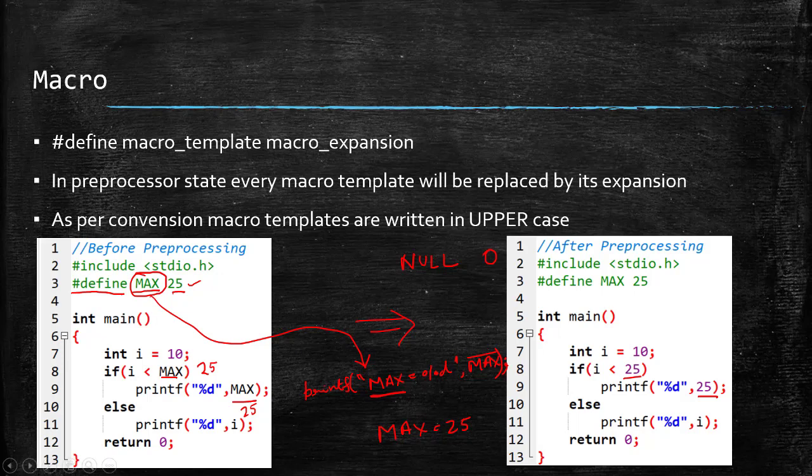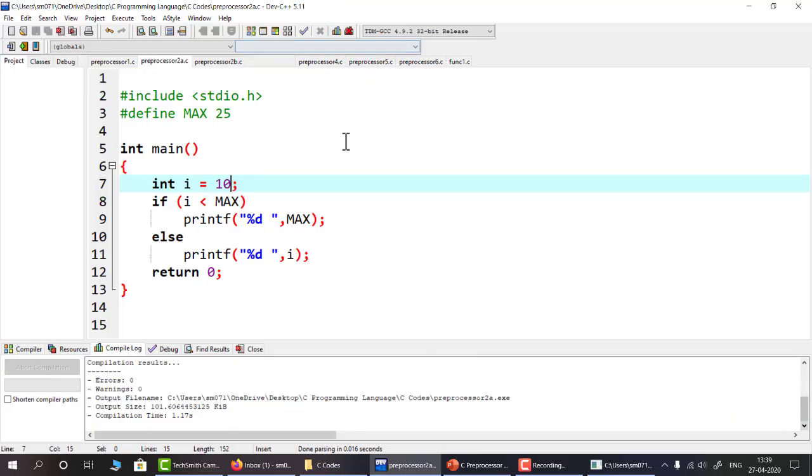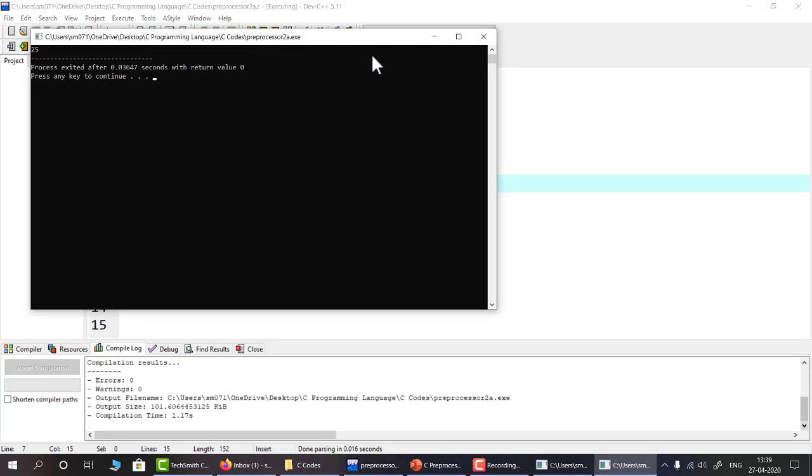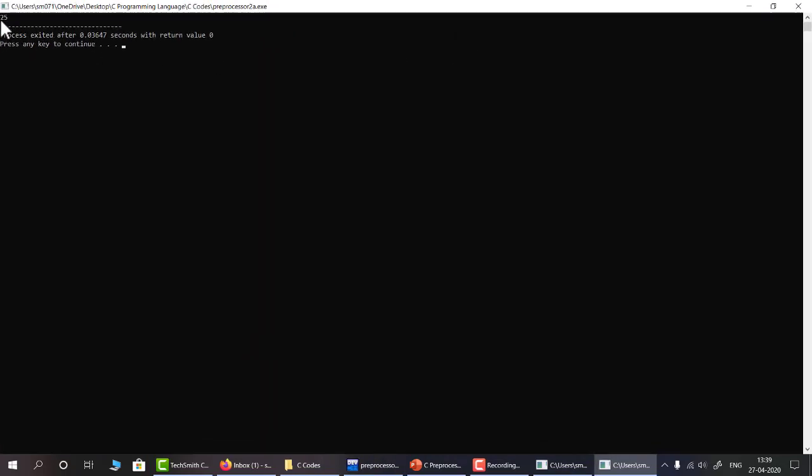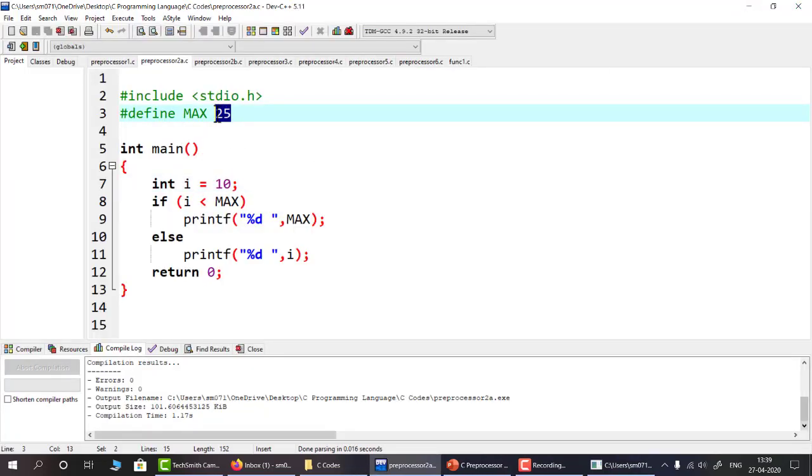Let us see this example by running a code. This is the same code we have explained in our example. Let me run this code and see what output we are getting. The I value is 10. If we run this code, we get that the maximum value is 25 because the max value is 25. Now let us change the value of max to, suppose, 5.